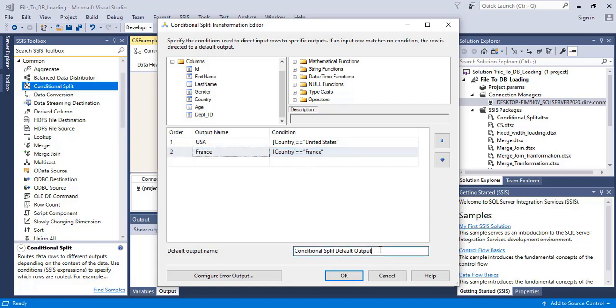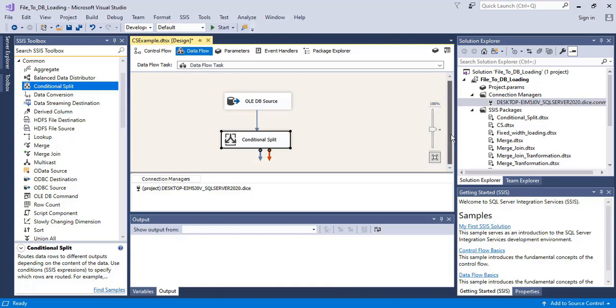This is the default output name. So if country equals United States, this will be the output. If country equals France, this will be the output name. This one will be the default output.